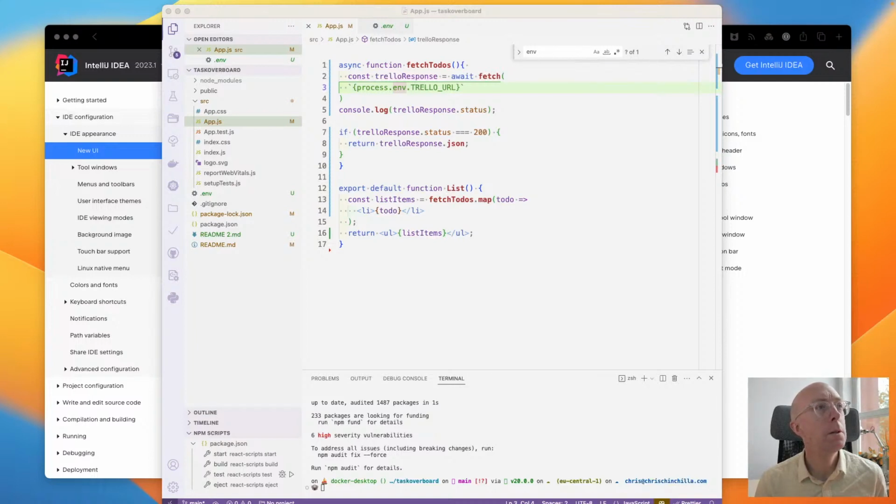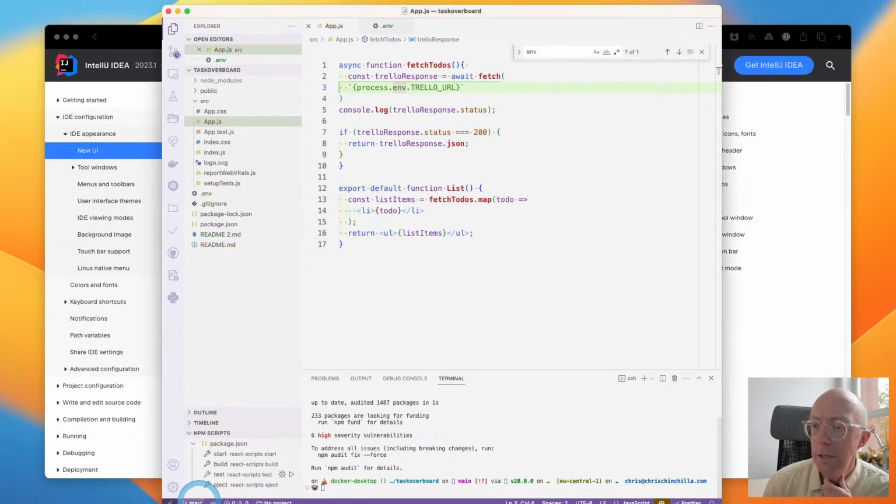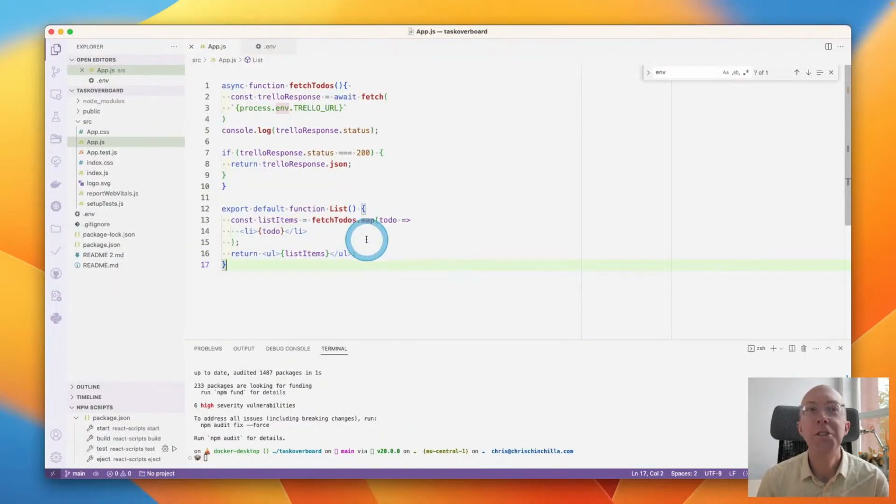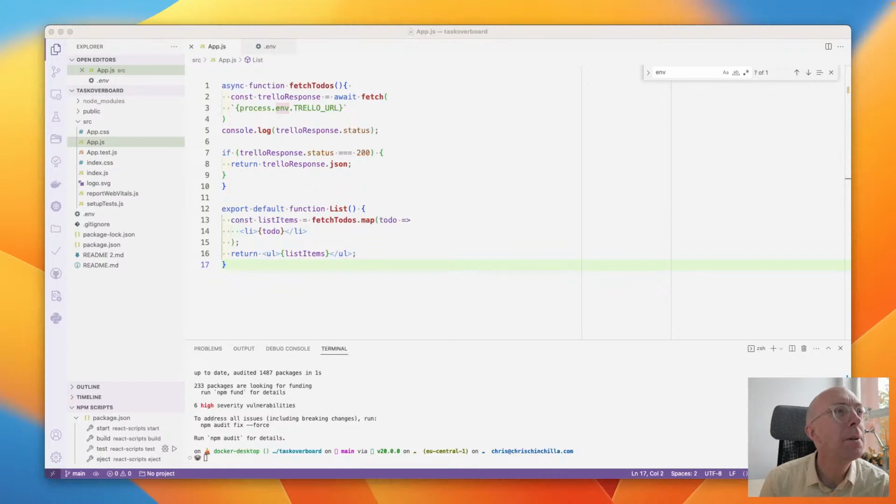So let's just, yeah. Hang on. Something is not right here. What is going on? I'm not seeing the right branches. This is concerning. Where's my code gone?